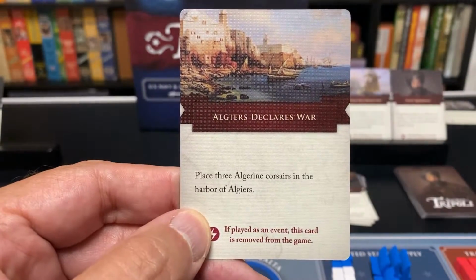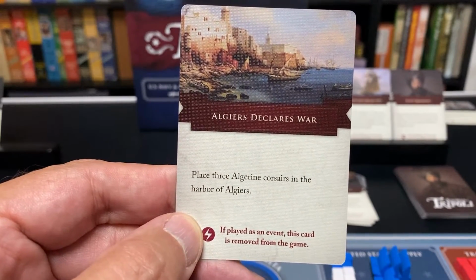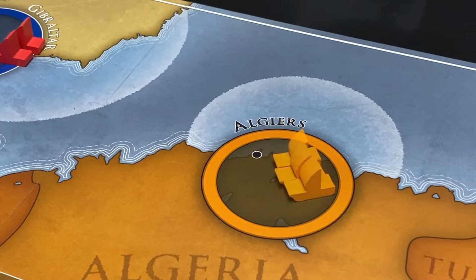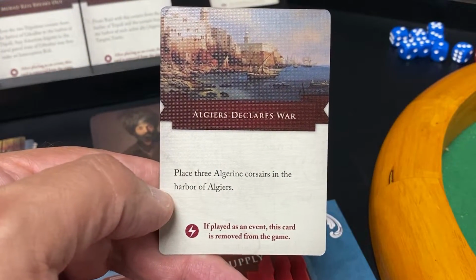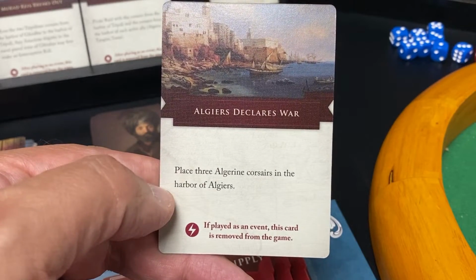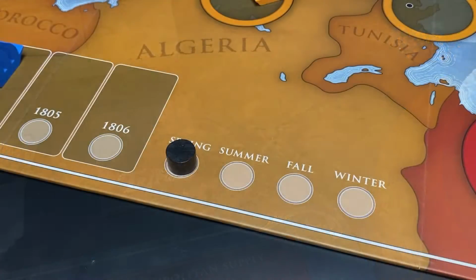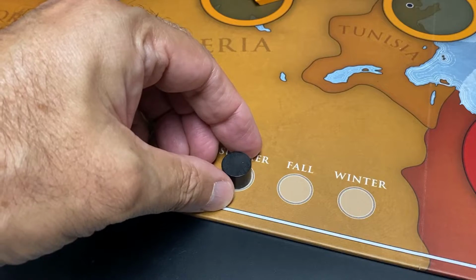The Tripolitans play this card, Algiers Declares War, for the event. So we place 3 Algerine Corsairs in the harbor of Algiers. Now remember, in order for these Corsairs to actually conduct raids, we have to play the corresponding event card. And this card, having been played for its event, and it's a unique event, it is now removed permanently from the game. So it's the end of season segment, which simply means that we move it to the next season,